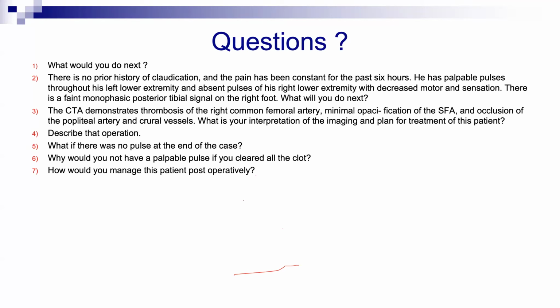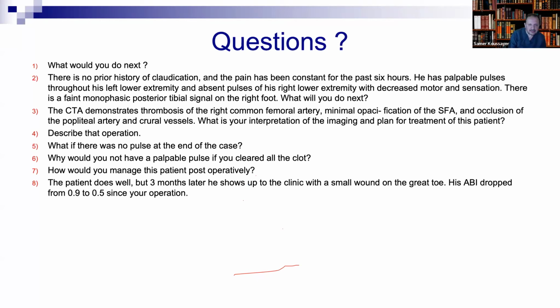Yeah. Then you have to do an echo for the heart if it's not done before. You echo the heart, put him on full dose heparin, and then you have to investigate what the reason for the emboli is. Is it the heart? Is it hypercoagulability? Is it COVID, whatever, you know. And then you have to plan him for long-term anticoagulant, a DOAC or warfarin. So you have to tell him that. It's not the place for antiplatelets here. It's anticoagulation.